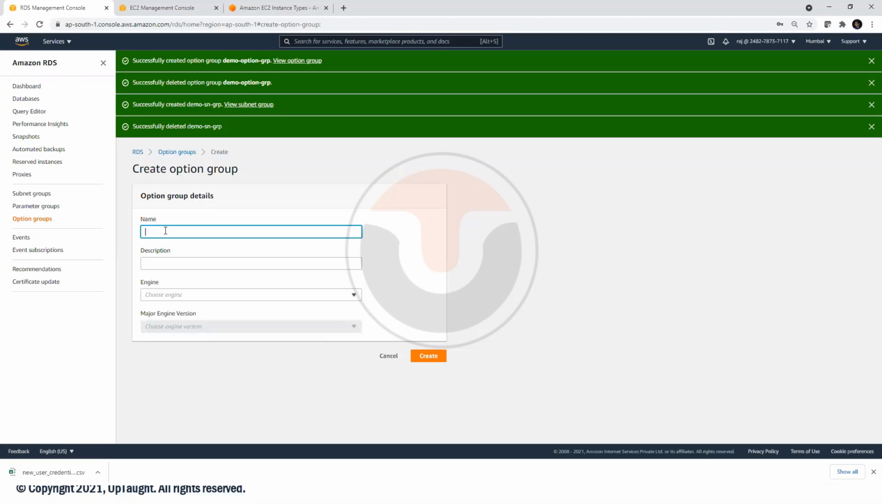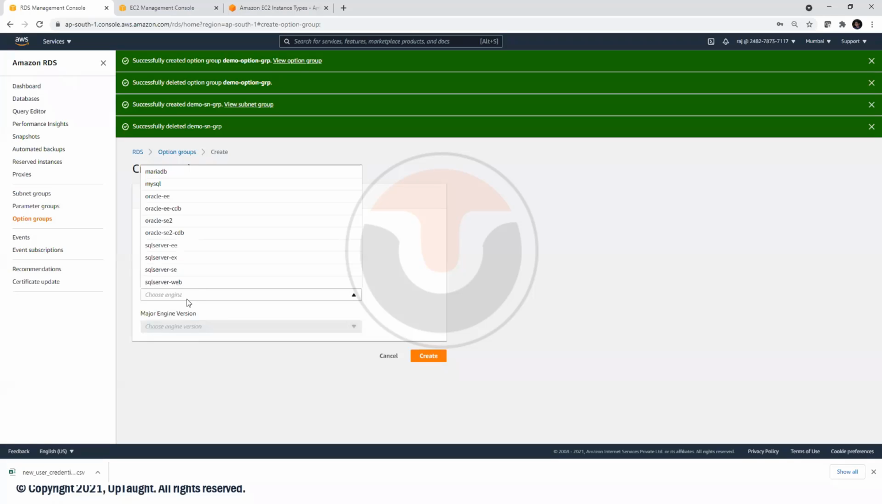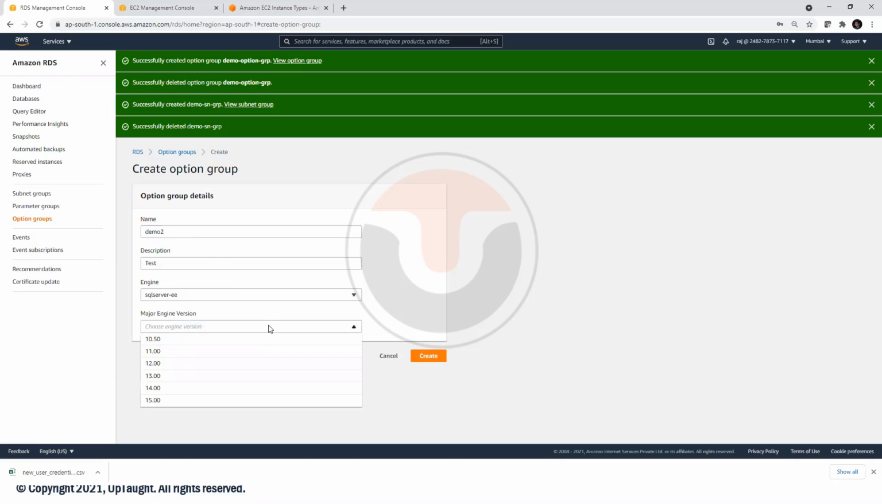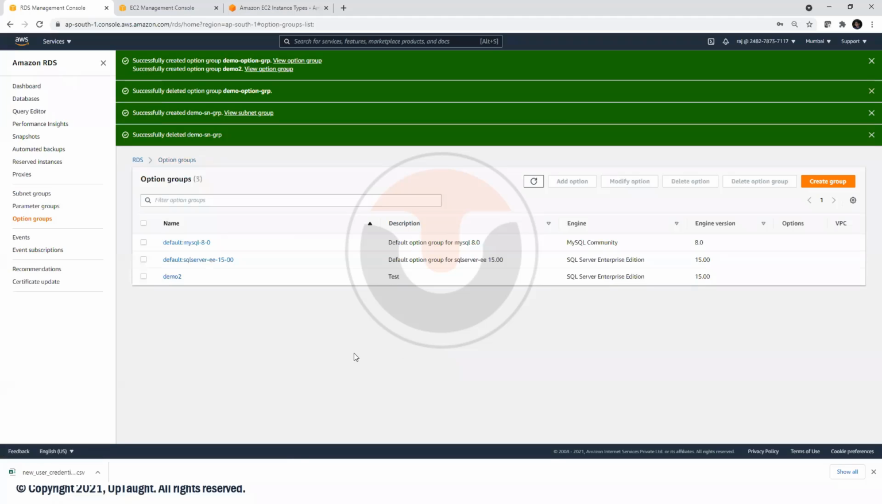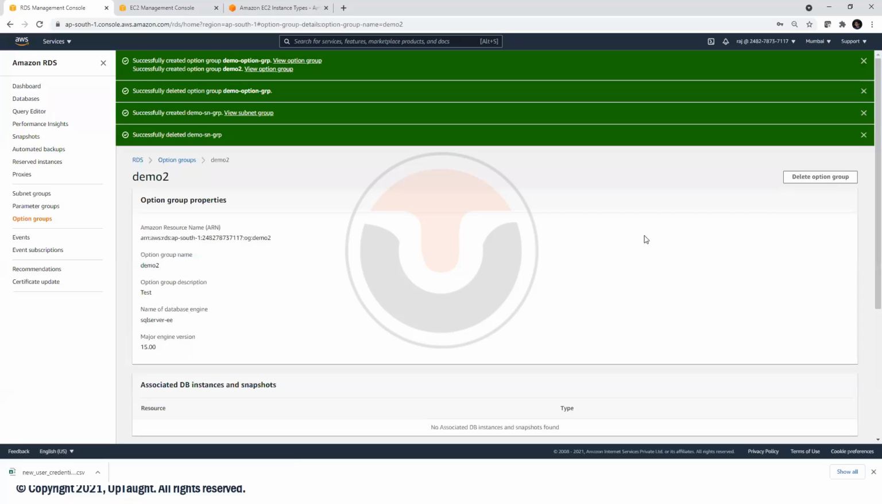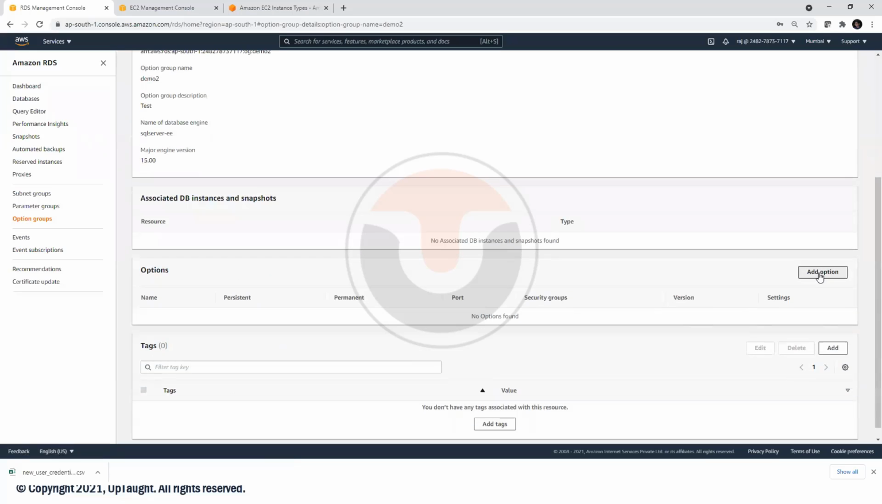So this again, demo 2. Yes. I choose something like SQL Server SE, Enterprise Edition, engine version, say 15. Create option group. So this is a SQL Server, remember? This one, if I go back and add option,